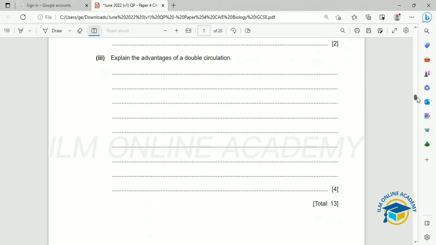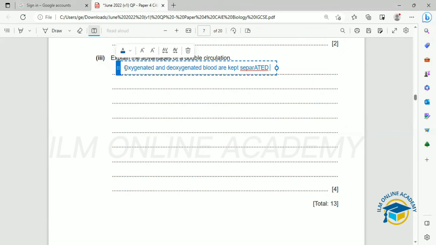Then explain the advantage of a double circulation. Now, in double circulation, oxygenated and deoxygenated blood are kept separated. And how are they separated? They're kept separated by the septum. And